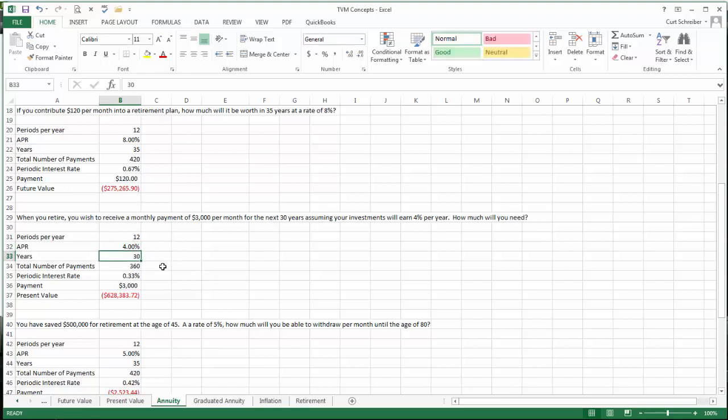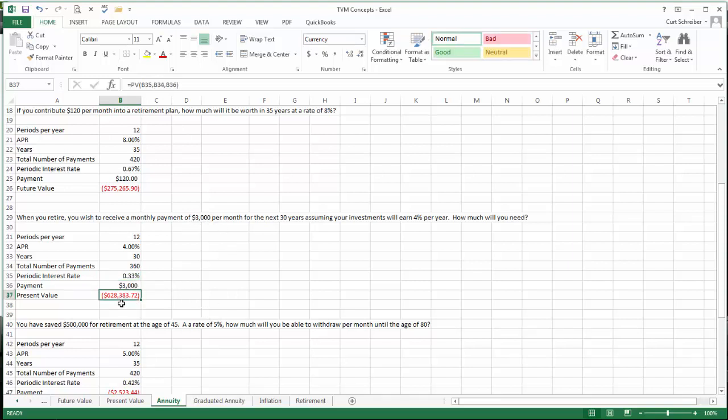Now, if you retire at 60 and you expect to live to 95, that's going to be a 30-year period of time, which then you're going to get 360 total payments of $3,000 per month. Our periodic rate is 4% divided by 12, and our payment is